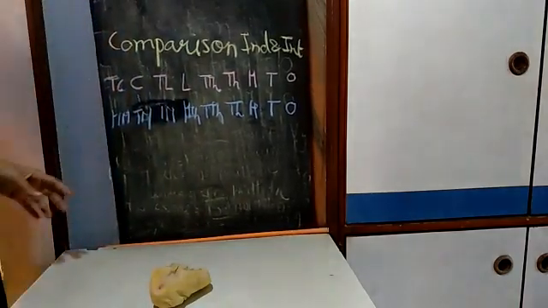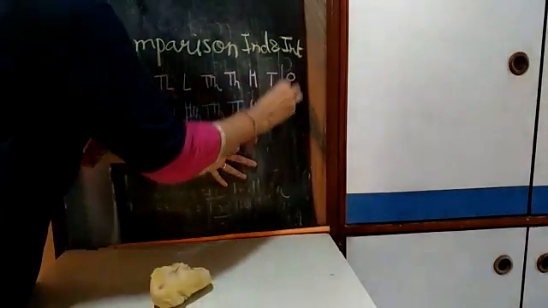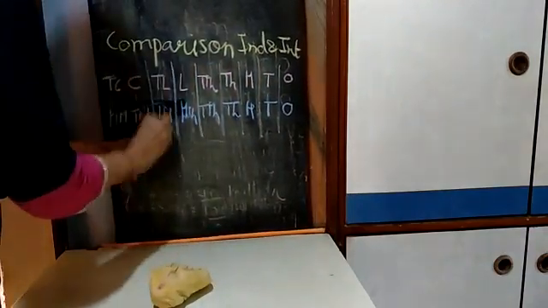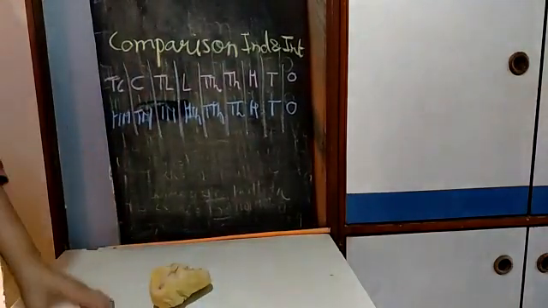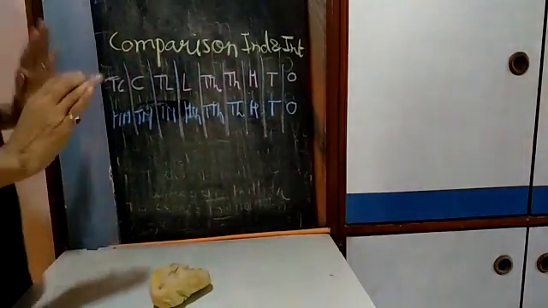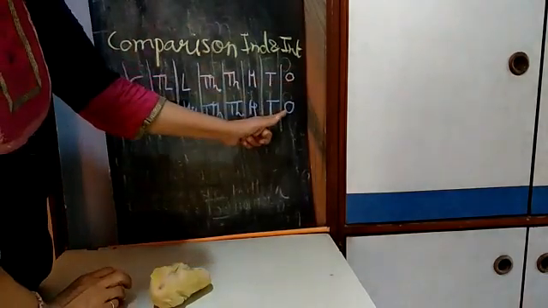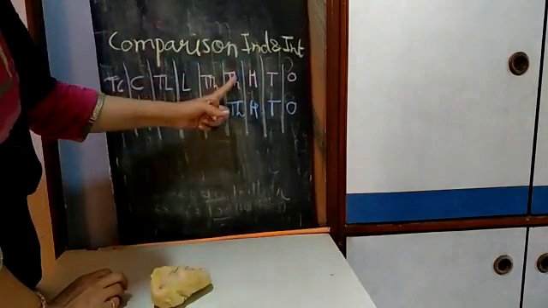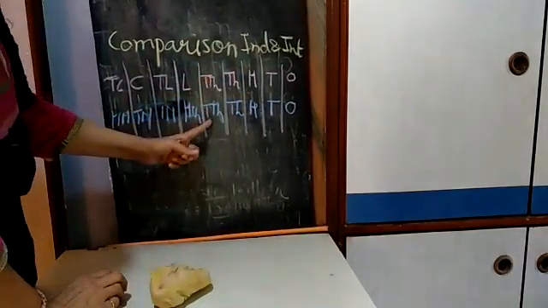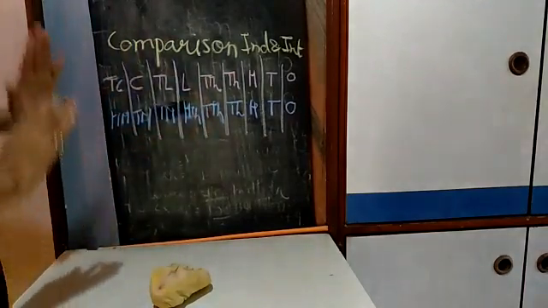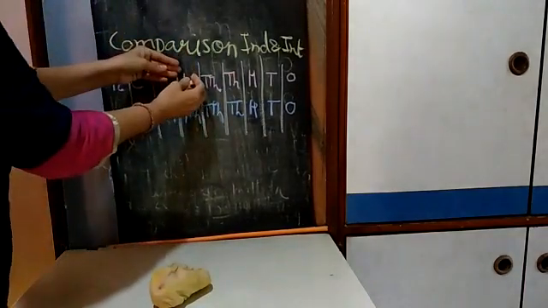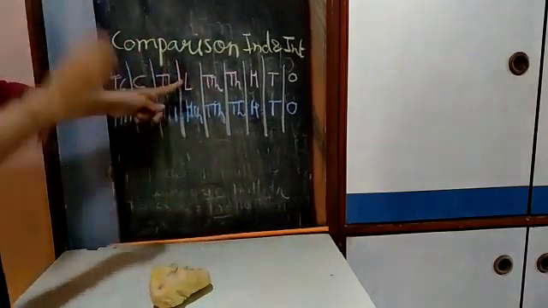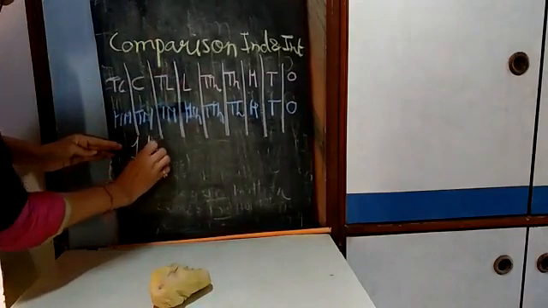Now, draw a line between the places of the two number systems so that it is very easy to identify the difference. Check, children, ones places are same, tens are same, hundreds are same, thousands are same, 10,000 are also same. The differences start from lakhs in the Indian system and 100,000 in the international system. So here starts 1 lakh.